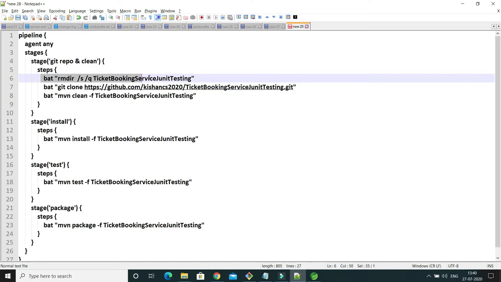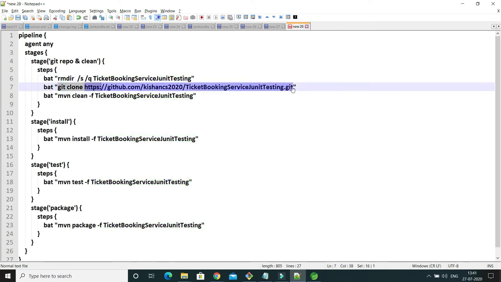Only this command is going to change for Unix, right? Apart from sh, this command is also going to change because rmdir is not going to work on Unix or Linux. So instead of rmdir, you have to write rm, and instead of this flag /s/q, you have to write -rf, so that this will delete the directory recursively, right? Let me explain every piece of the code. First of all, rmdir is going to delete this directory from the local directory if it is available, right? Now second is the git clone.